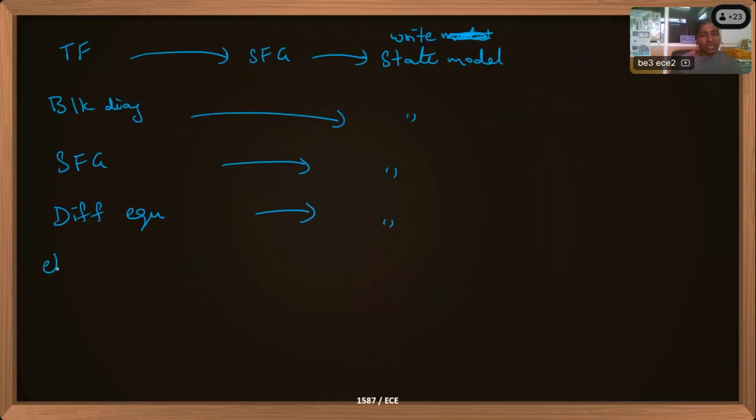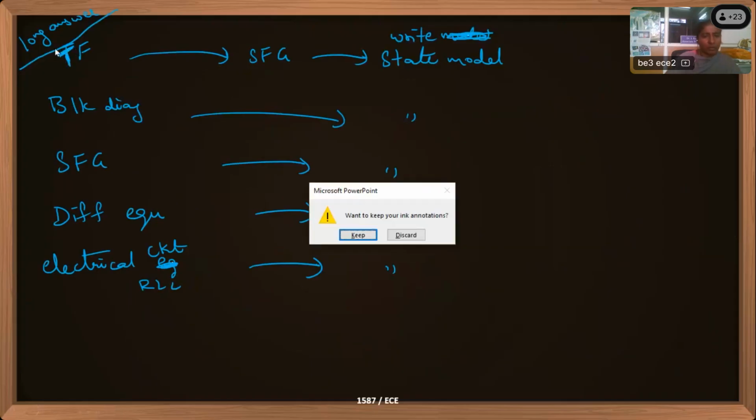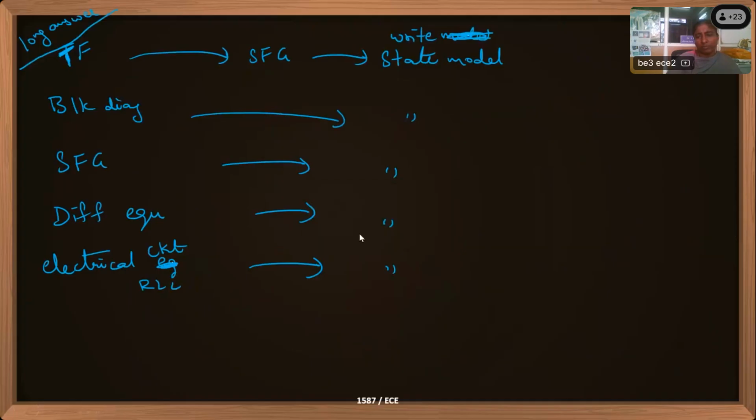They may give you an electrical circuit, RLC. Last class we did electrical circuits, RLC, or any other circuit. Write the state model. First you have to identify the state variables, then the state model is very easy. These are the possible long answer questions, and you may expect such things in the final exam, not in the internal test. So transfer function is given, what is the state model? With this I am closing the fifth unit.